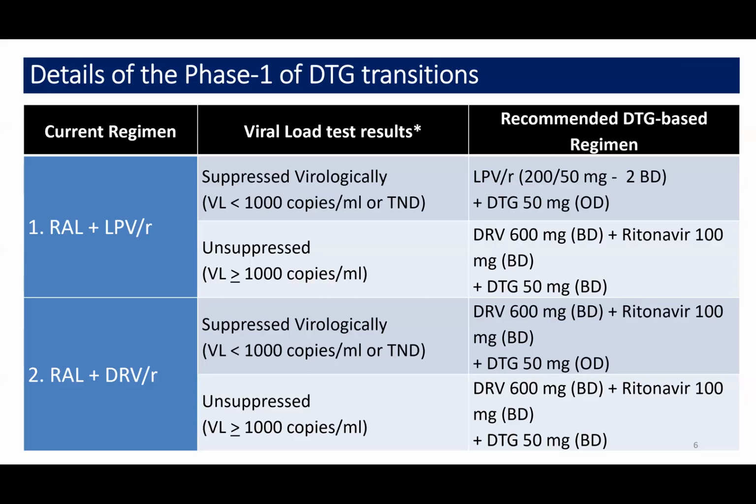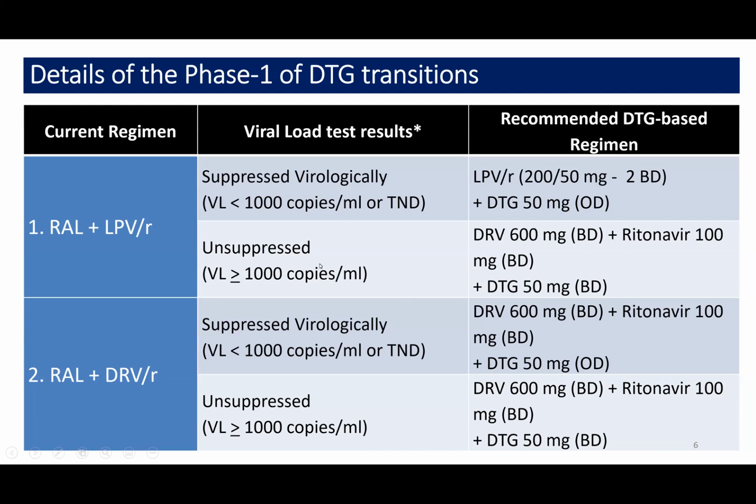What it means is, if the patient is currently on a raltegravir plus lopinavir ritonavir based regimen, which is an example of alternate second line ART, then for any substitution or switch, you need to do the viral load of that patient first. If the viral load is suppressed, lopinavir ritonavir will be continued as it is, and in place of raltegravir, DTG will be given, dolutegravir 50 milligram OD. And if the viral load is unsuppressed, which means more than 1000 copies per ml,